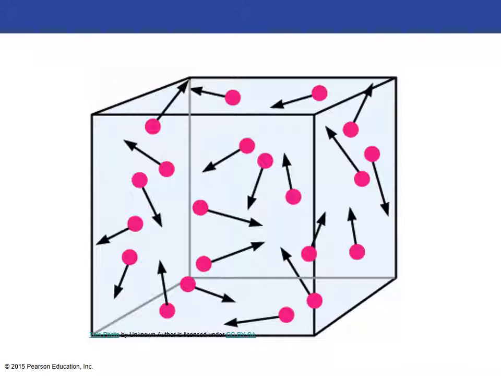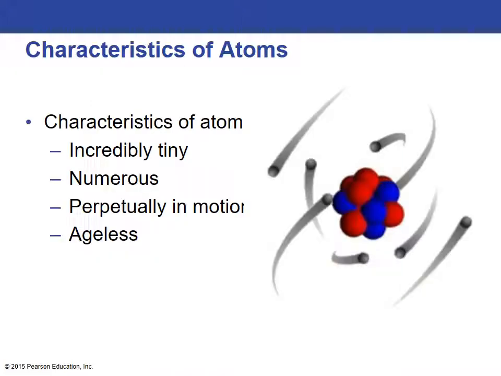Here's an image to help you remember Brownian motion, that we see things move, and it's a result of them being struck by moving air molecules, which we cannot see. And of course, air molecules are made up of sometimes atoms, or air is made up sometimes of atoms and sometimes of molecules.